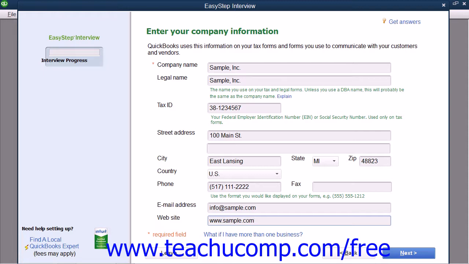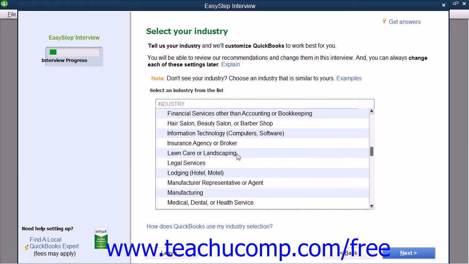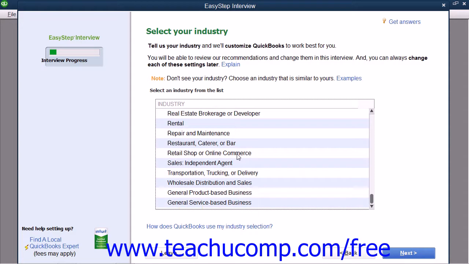Now, once you have finished entering data into this screen, you can then click the Next button to continue. In the next screen, titled Select Your Industry, you select the type of company for which you are creating a company file from the list of choices shown. The choice you make here determines which features are enabled and which default accounts are placed into your chart of